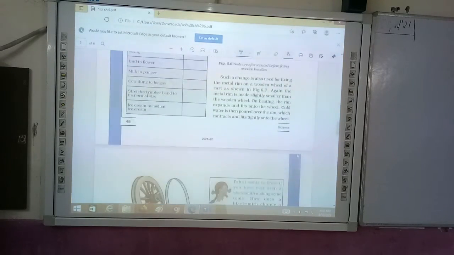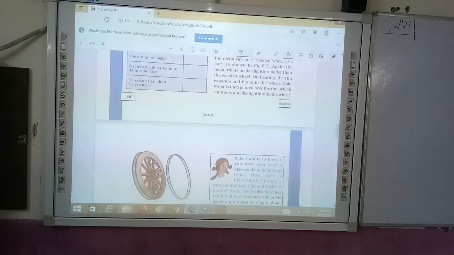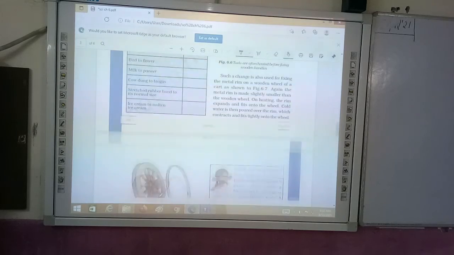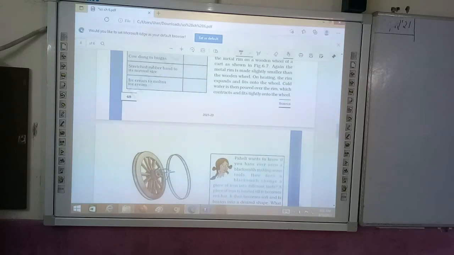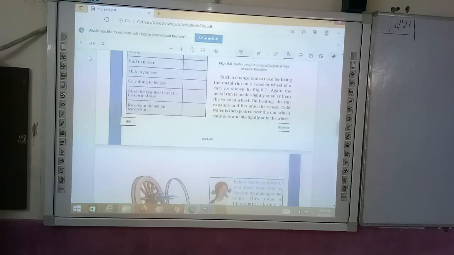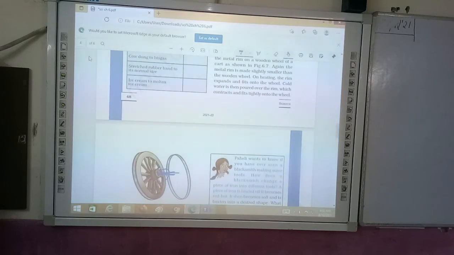See figure 6.7, ये देखो figure 6.7 है, क्योंकि यहाँ पे भी देखो रिंग बनी है, ठीक है। So the same procedure we use to fix the metal ring on the wooden wheel. अब यहाँ पे आप बुलक कार्ट देखोगे तो यहाँ पे एक पतली सी रिंग लगी होती है मेटल की, ठीक है, आयरन की कोई भी ऐसी रॉड लगी होती है, ठीक है, रिंग के बीच में। So we use the same process, we just heat the ring and fix the metal rod into it, ठीक है।